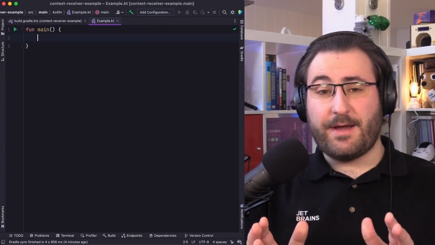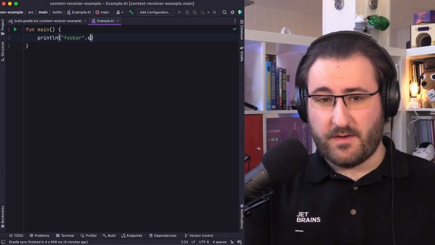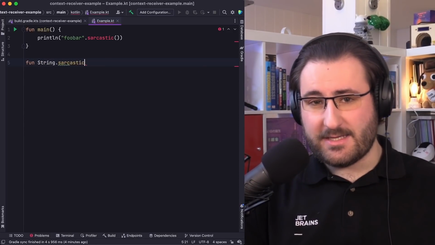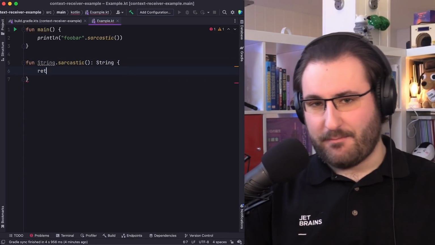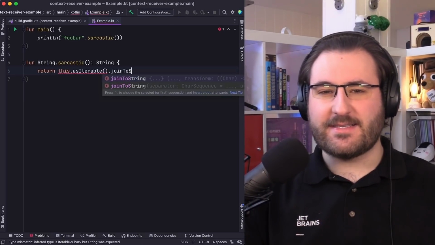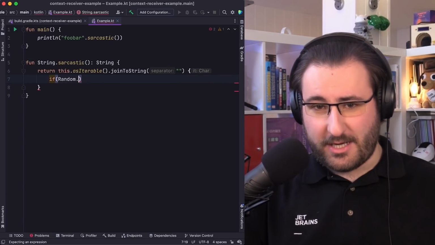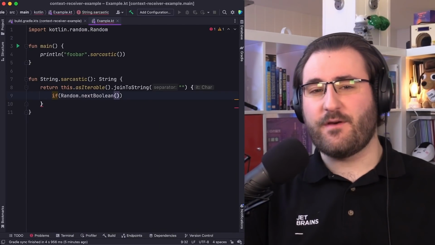I want to go through a few examples with you here, because this knowledge will become relevant when we're moving on to understanding context receivers. Let's start by looking at an example for an extension function. Say, for example, you want to extend the functionality of the string class to include a sarcastic mode that just randomly switches capitalization for individual letters. Well, your go-to tool in Kotlin to do that is an extension function.